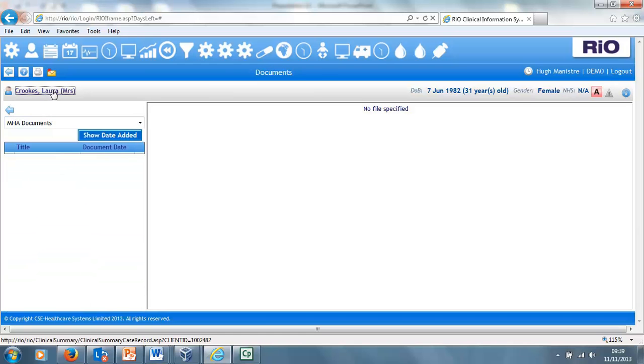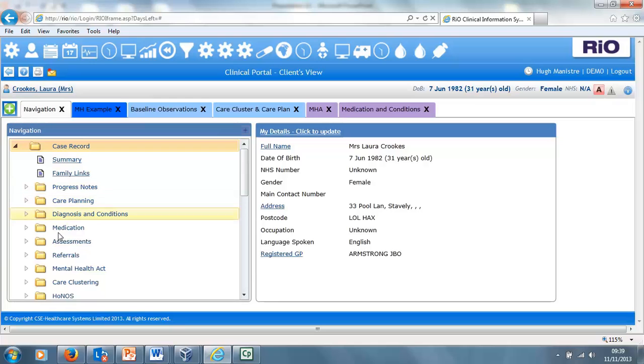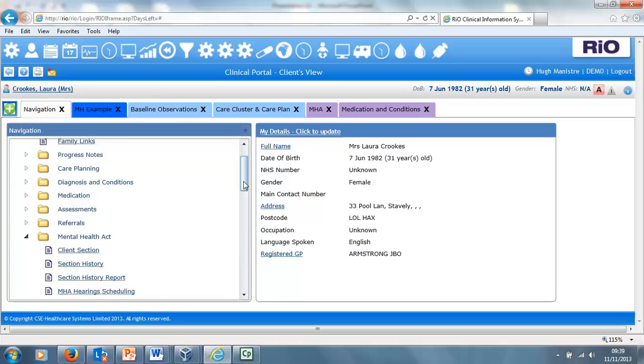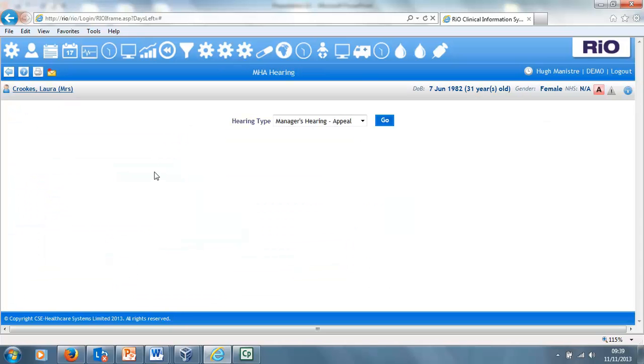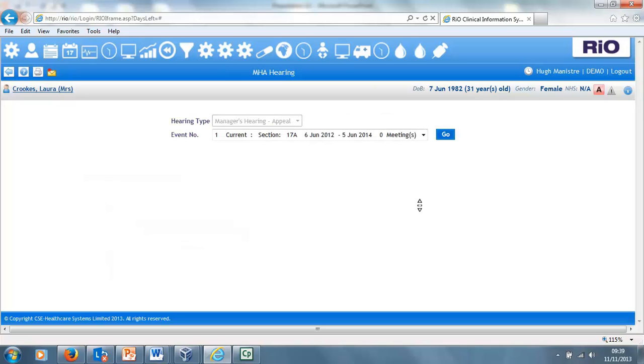Let's have a look at support for scheduling a Mental Health Act review tribunal. I'm going to come to the Mental Health Act folder in my record, and we'll see that I've got an option there for Mental Health Act scheduling, and here is a pick list offering me appeal types which I might want to record. If I click go, I'll then be able to associate the tribunal or meeting which I'm scheduling against a particular event. In this example we can see that the patient's currently detained under a section 17A, and